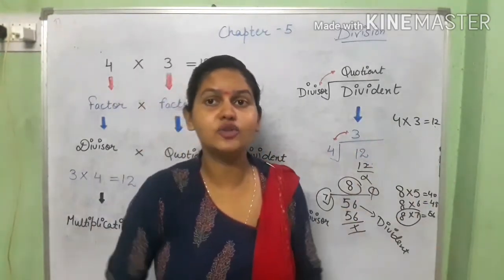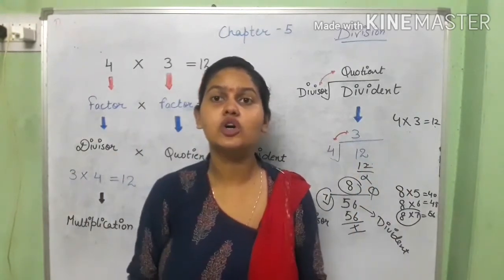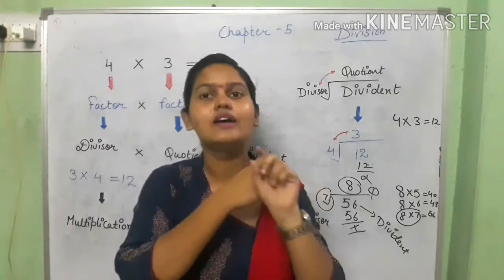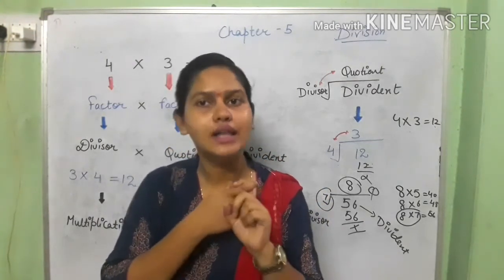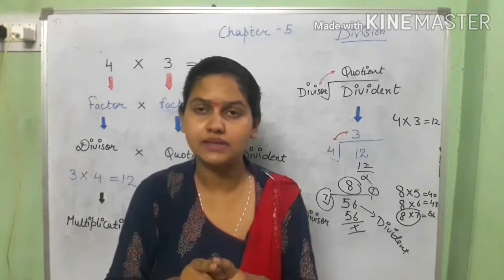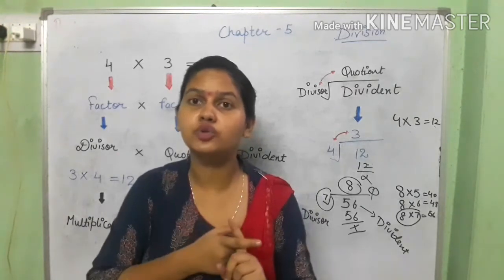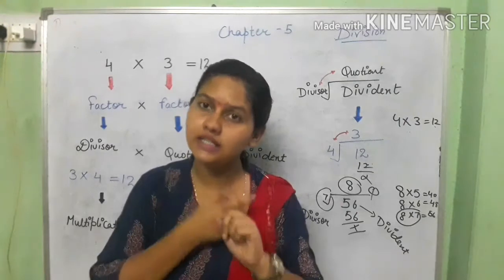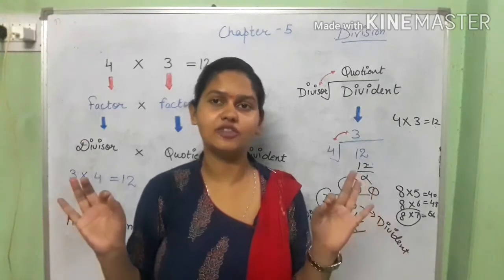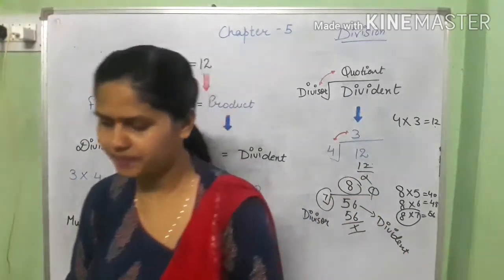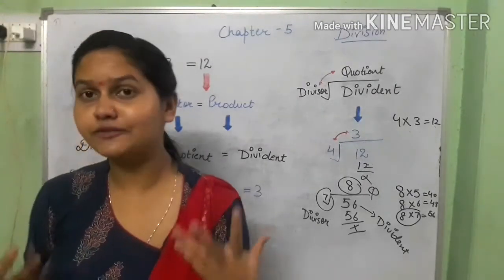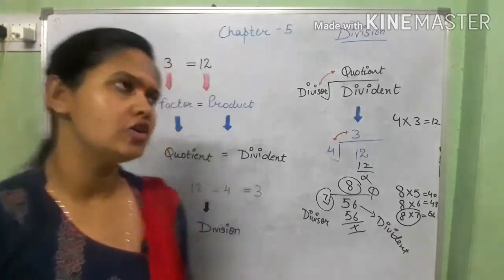I have given an example of a table. So how do we have to multiply it? How do we go through the tables? In this chapter we have to learn the tables. Hope you all got it. Please learn your tables. This is very important for you if you want to do multiplication or division. So you have to remember the important thing in multiplication, which is tables. Okay, so we will do some exercise 5A. Today we will do exercise 5A. So let's do that.